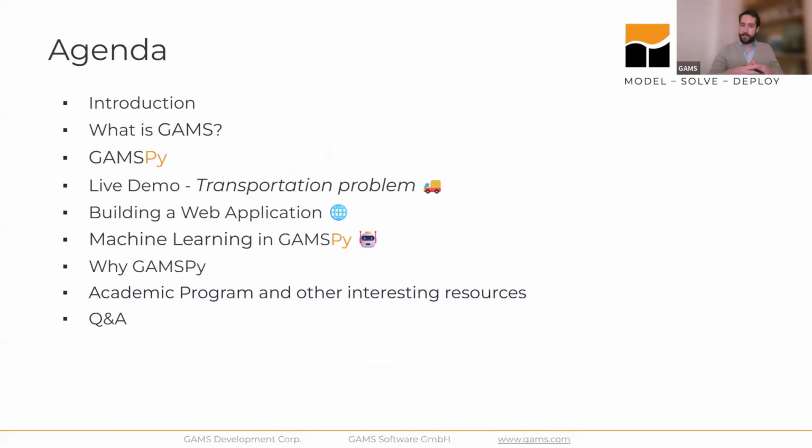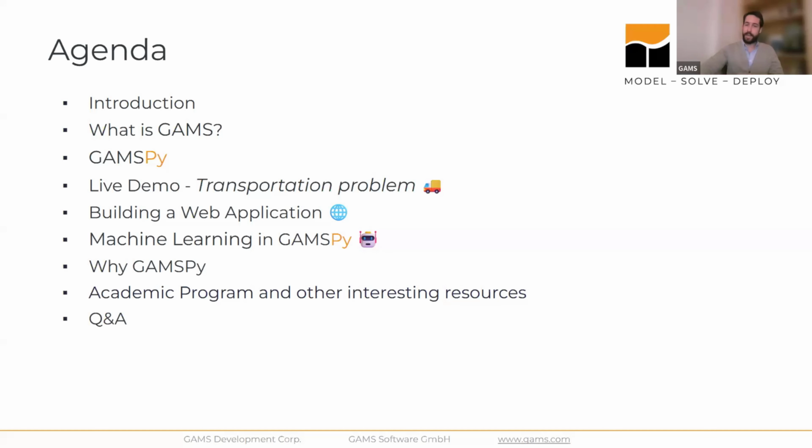We will begin with a quick introduction and briefly talk about GAMS to set the stage. And then we will dive into GAMSPy and what it is all about. Then the centerpiece of our session will be a live demonstration on how to build an optimization model from scratch. In this case, it will be the classic transport problem. And we'll show you just how intuitive it is to work with GAMSPy and how powerful of a tool it